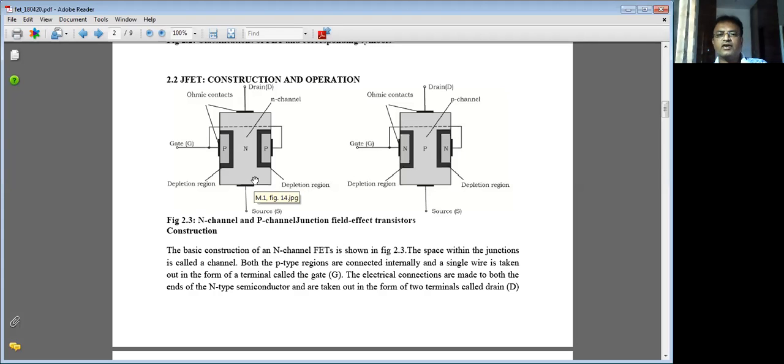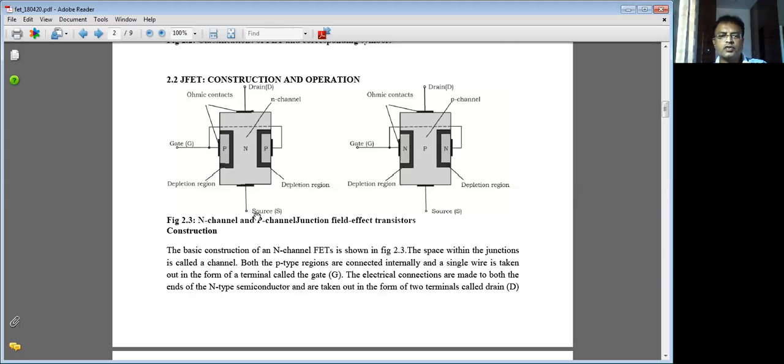An N-channel JFET consists of an N-channel. One of the ends of this N channel is called the source terminal, S. The opposite terminal is called the drain. Usually the bottom end we call the source, and the upper end we call the drain. On either side of this channel, there are two P regions which are internally shorted. You can see the internal short, and we call this region the gate.